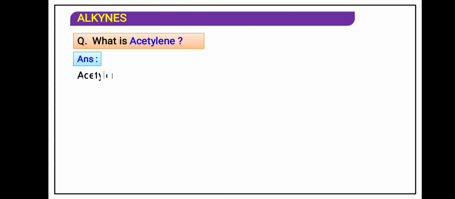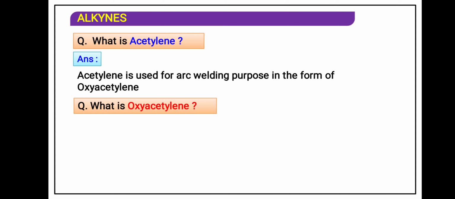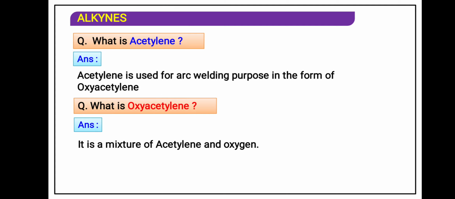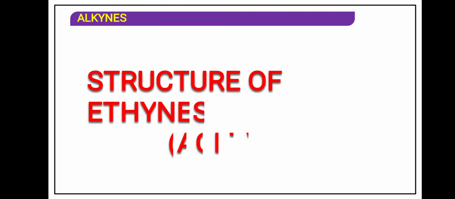Now what is acetylene? Try to understand why we are studying the chapter, because it has a number of uses. Acetylene is used for welding purposes in the form of oxyacetylene, metal welding. This acetylene reacts with oxygen gas to form oxyacetylene gas, which is used for welding purposes. When acetylene is combined with oxygen, it is also called gas welding of iron metal. A mixture of acetylene plus oxygen is said to be oxyacetylene. And even ethene is also used.